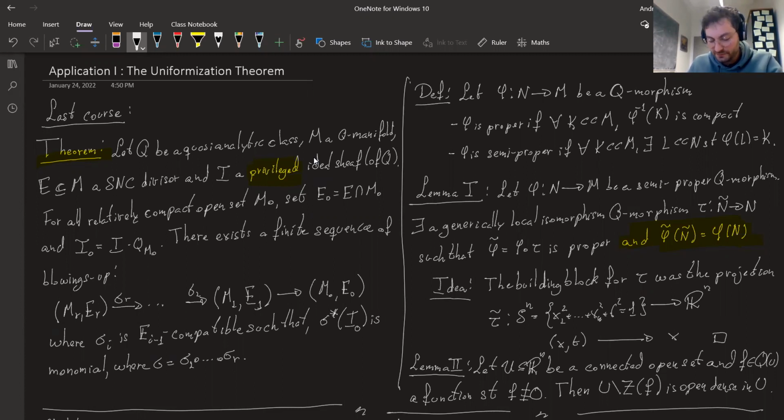And the idea of the proof was simply to consider the local models, the projection of the sphere into R^n, and this you would use to cover a compact set L that would be sent to compact sets K, where you would take some K alpha, a locally finite covering by compact sets of your manifold M. So that's what the idea of the lemma was.